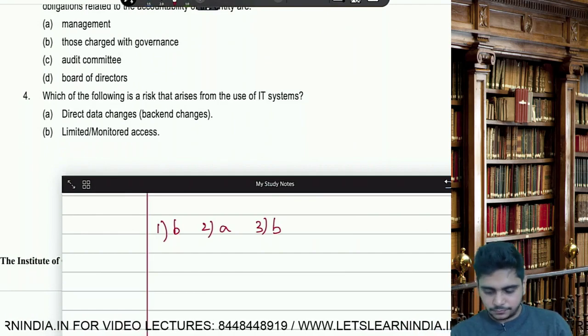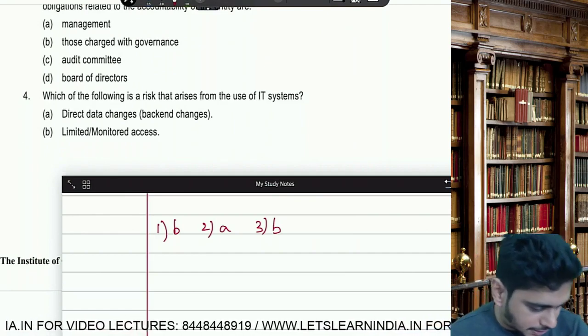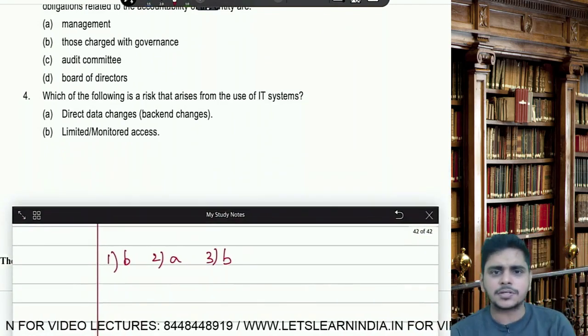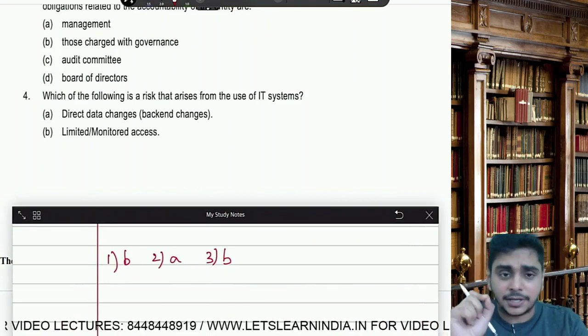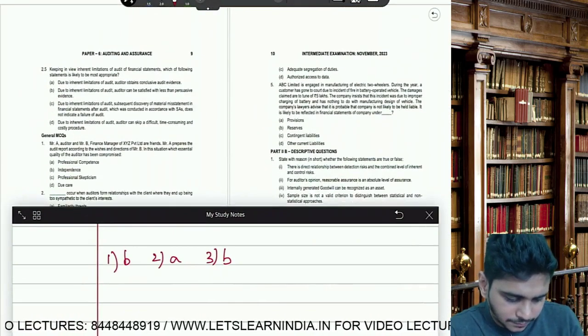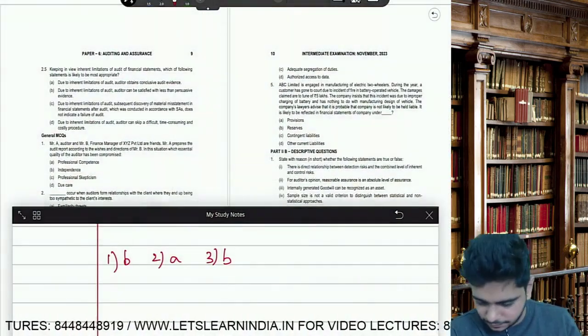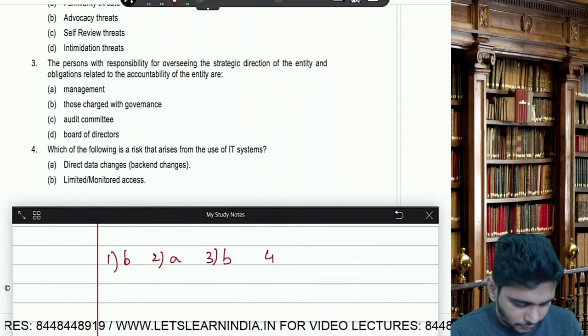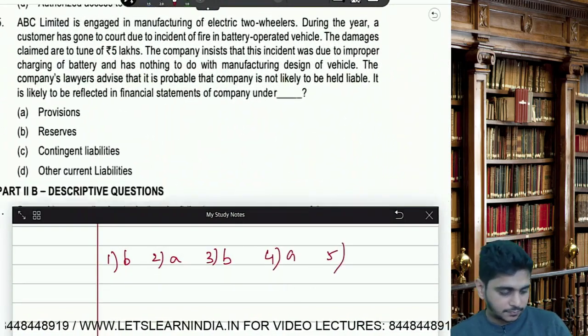Then, which of the following arises from the use of IT system? Same question is there in the module also. I mean, in terms of correct. Direct data changes, limited monitor access, no. Adequate segregation of data, no. Authorized use access of data. A. 4th is A. 5th,